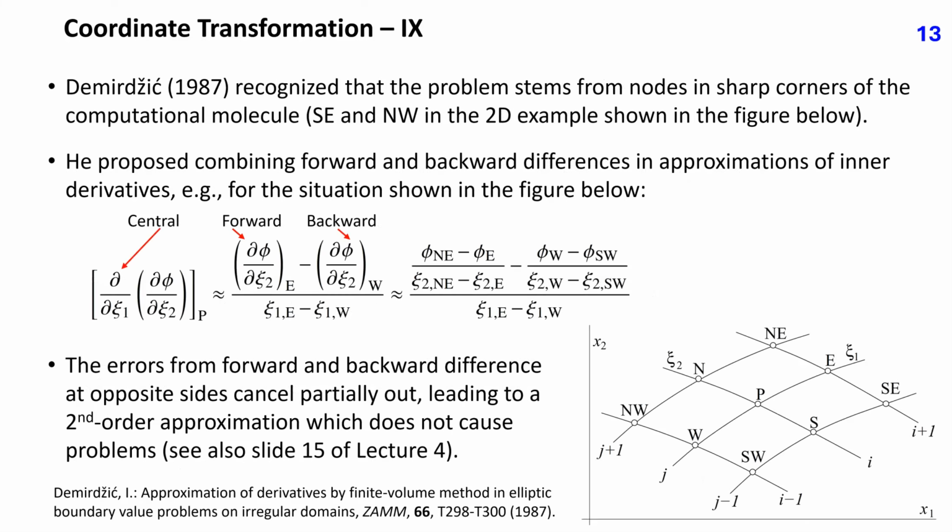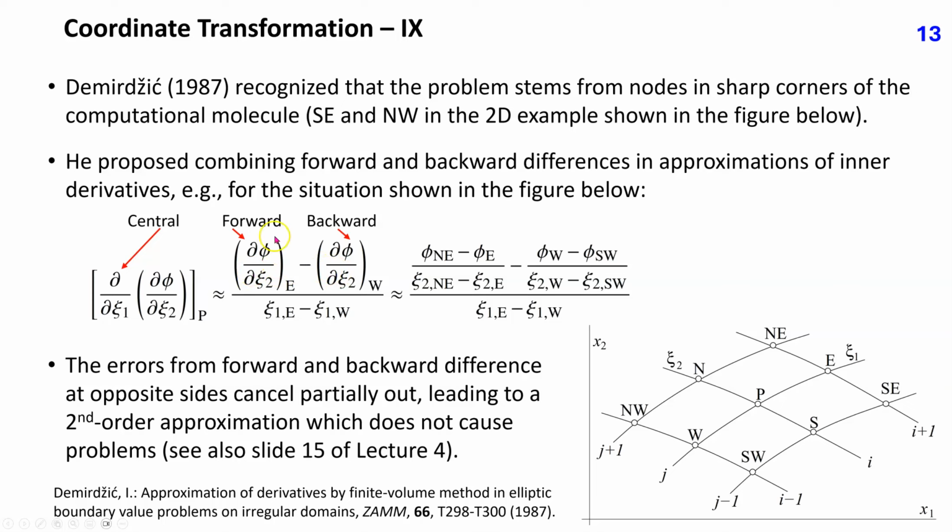Dimitrich in 1987 recognized that the problem stems from nodes in sharp corners of the computational molecule. In this figure, for a two-dimensional example, these are the nodes SE and NW. He proposed combining forward and backward differences in approximations of inner derivatives. For example, for the situation shown in this figure, we approximate the outer derivative with a central difference, that is,